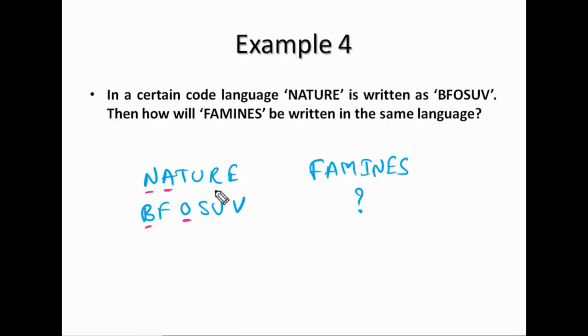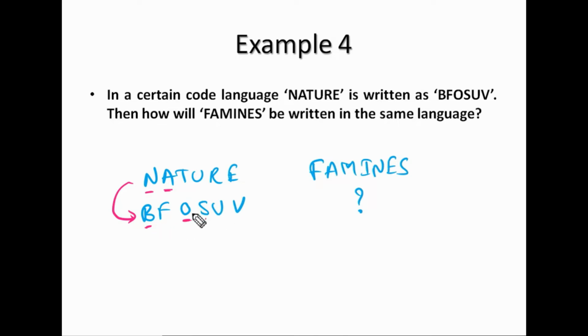Okay. R nearest letter is S. Yes. If you assign S to T, there will be no possibility for R. So if we consider T and U, we can consider R and S. They are also the next letters only. And E next letter is F. So simply all these letters, next letters are present in the code word. But they are not in a particular order, right? They are going in a zigzag pattern.